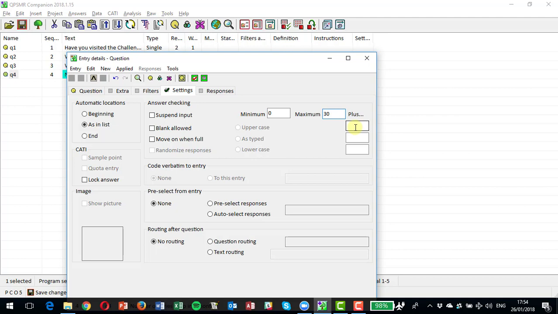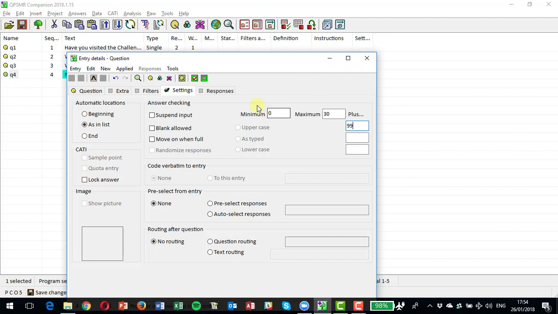And you can see that these boxes are also enabled, and that's where, perhaps on a paper questionnaire, you might allow 99 if it's been pre-coded as 99 for people who don't know. So that would mean it allows any answer between 0 and 30 or 99, but if they entered 50 shopping trips in a month, a message would come up rejecting that because it's outside the range that we're permitting on